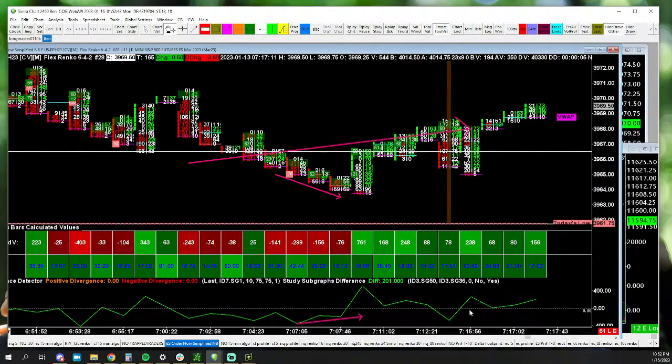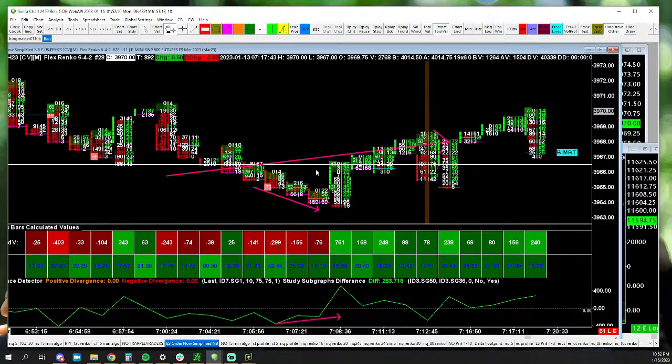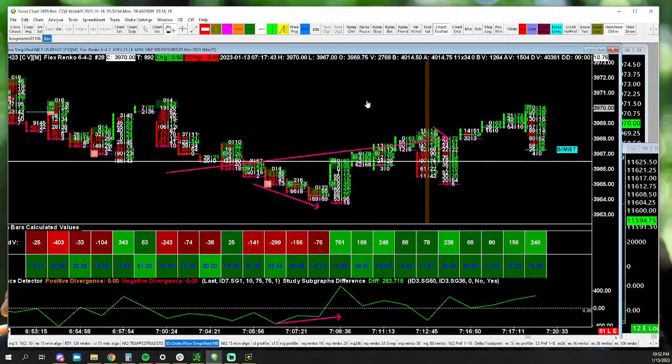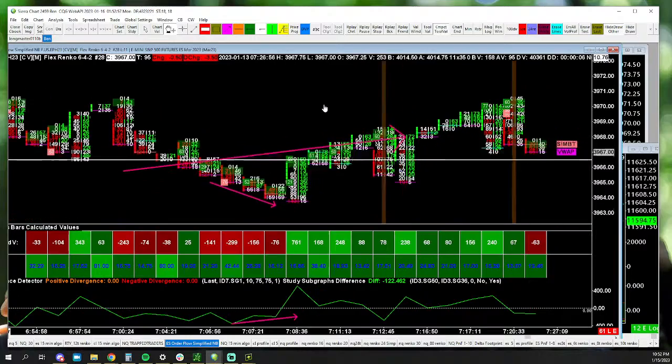Now, I don't know if this is actually the low, but look how they bounced off the zero line here, and they're about to make what looks like a higher high on the indicator and price, and they've gotten above our line in the sand. So if they hold this line in the sand, it's not bearish. There we go.